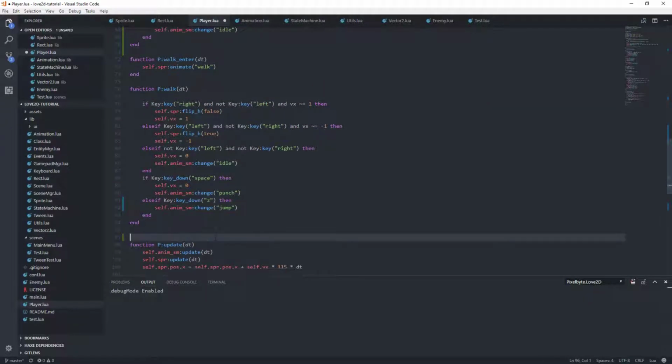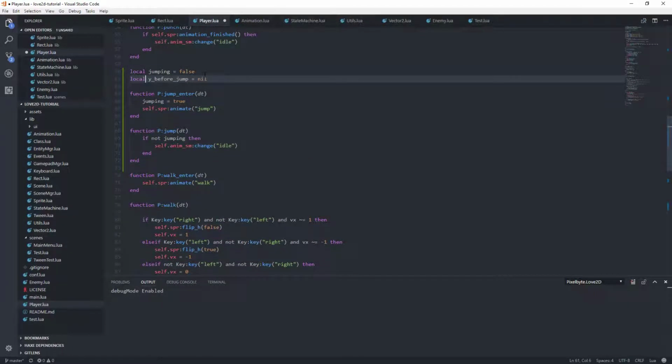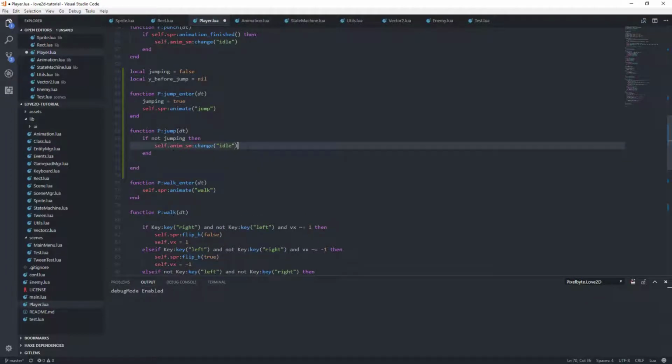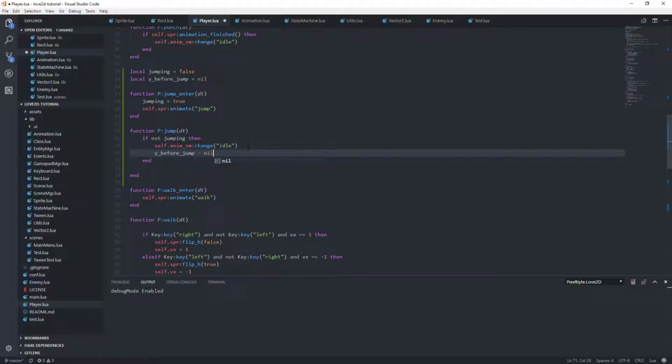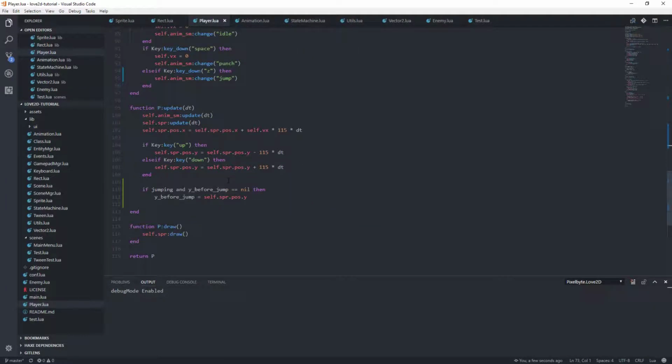But let's also come up here. Let's put this with the state for now. So we'll add this here. We're going to do this. So if not jumping, then Y before jump equals nil, so that we can do a check. That's basically our little flag, as well as where he was before he started jumping. So then we'll say else if jumping, then